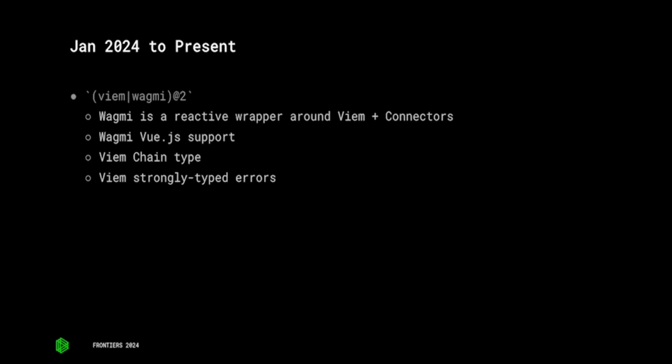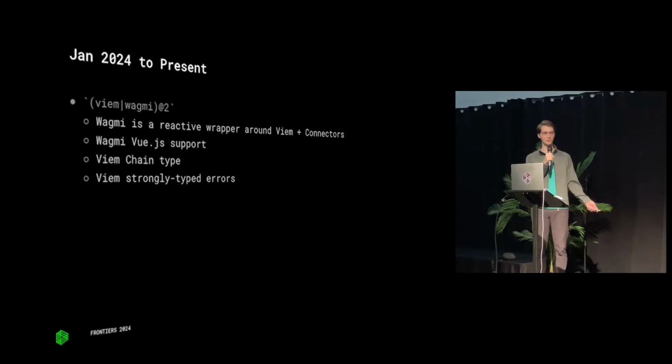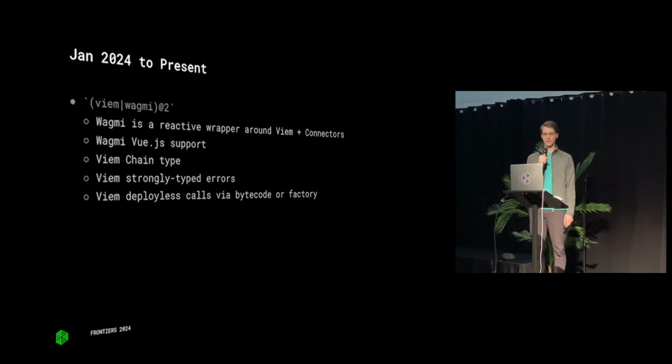We released strongly typed errors for VM recently. In the TypeScript world, you don't really have strong error types. It can be anything. It can be thrown from wherever, and this is an attempt to wrangle some of that, especially when you're calling RPC methods. You might get some esoteric error from a node, and we've tried to wrangle that together to make it a little bit easier to either surface that error up to a user in an understandable way, or handle it in a more controlled fashion yourself, like recovering from it, retrying, things like that.